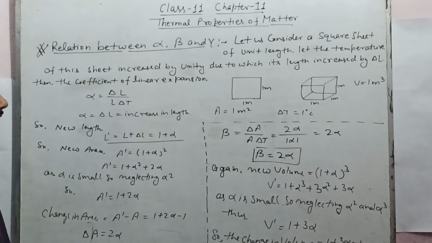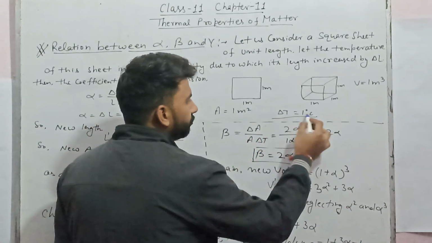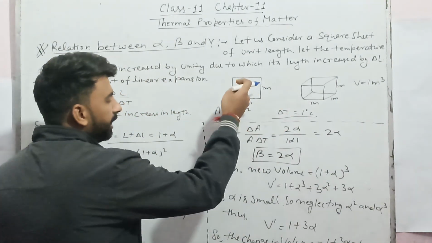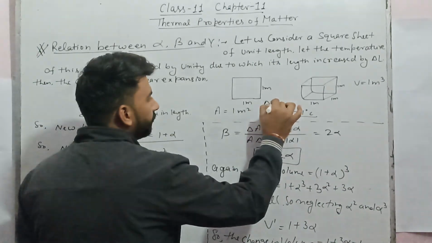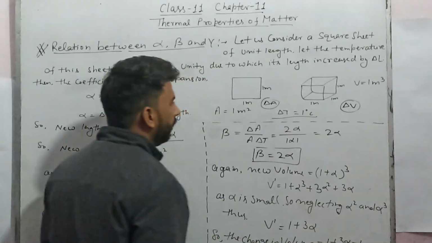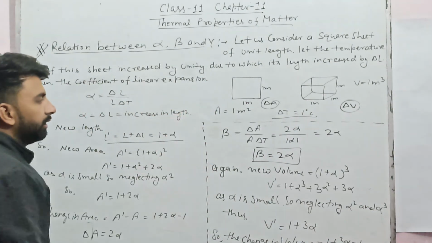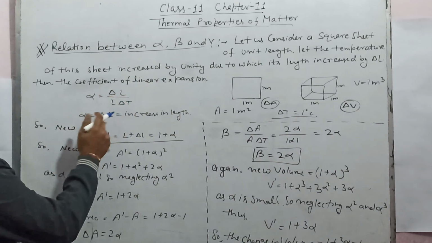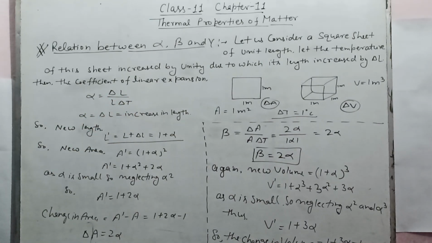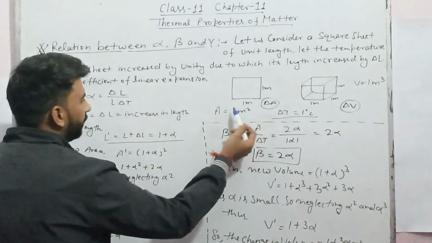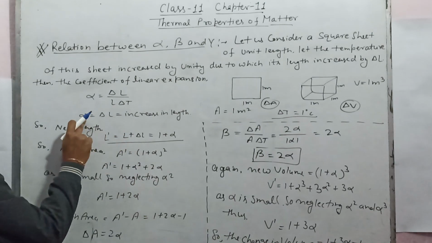यूनिटी. दिस मींस अगर हम दोनों का टेम्परेचर इंक्रीज करते हैं बाय delta T equals to 1 degree Celsius, then the increase in area of this sheet is delta A हमने कंसिडर किया, and this volume is delta V. Clear ना? And the increase in side is delta L. So for this the coefficient of linear expansion alpha is equals to, we know, delta L upon L delta T. So according to this L is the initial length, this means 1 meter, and delta T is also 1. So alpha is equals to delta L.